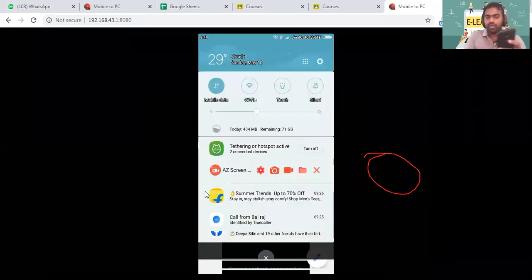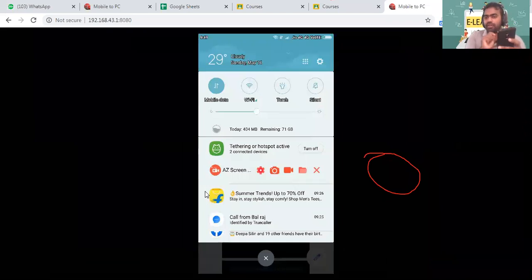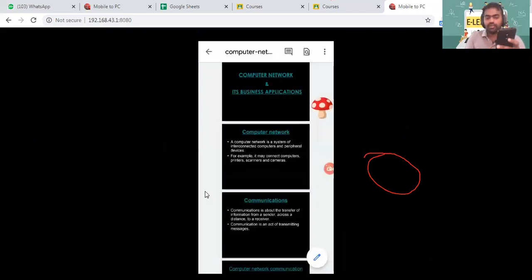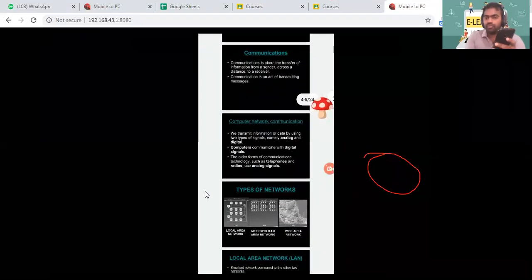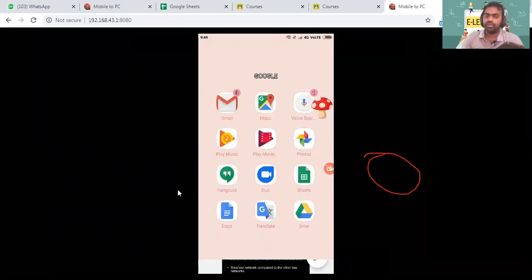After recording your presentation, you can stop the recording from here, or if you have enabled the magic button, you will have the stop button while recording is on. Do that, then your video will be saved into your mobile phone. Now you may ask me where this video would be saved. It would be saved as a video file on your mobile phone, and you can open that and share that video with your students if no editing is needed. If you need editing, it's very easy using some video editing applications.